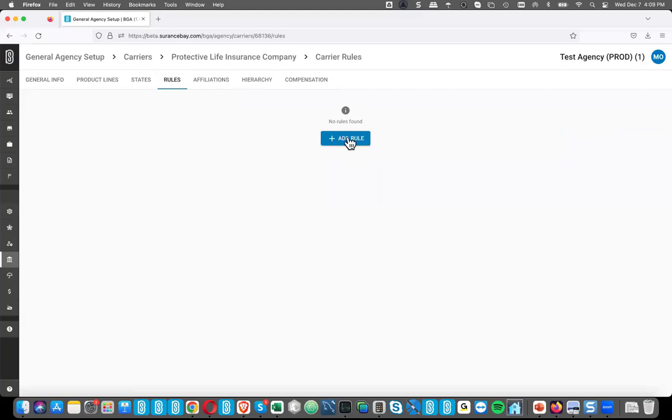So some of you have contracts with carriers, maybe for a specific product line, where all the producers you contract for that product line for that carrier need to be, let's say, solicitors to your agency, regardless of how they get contracted with other carriers and other lines of business. Previously, you'd have to go into those producers' profiles and change their DBA types one by one. And if those producers submitted a request to your agency, they wouldn't necessarily know what the rule was that they were supposed to be a solicitor for that product for that carrier.